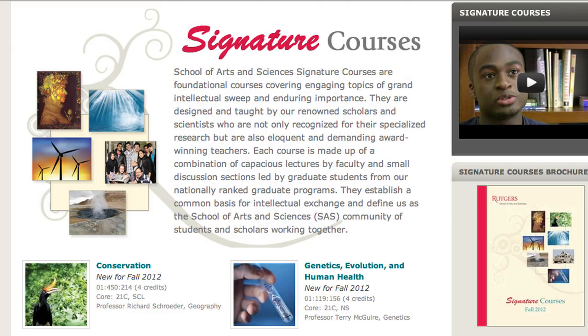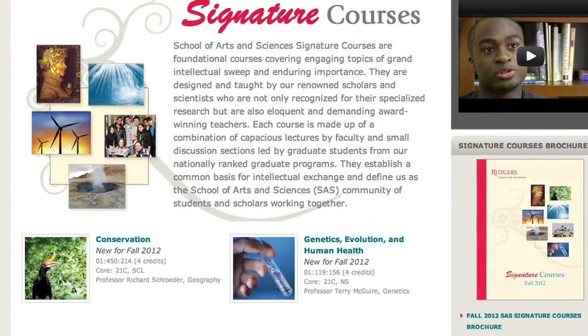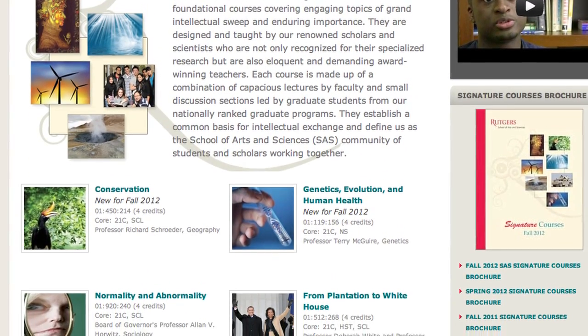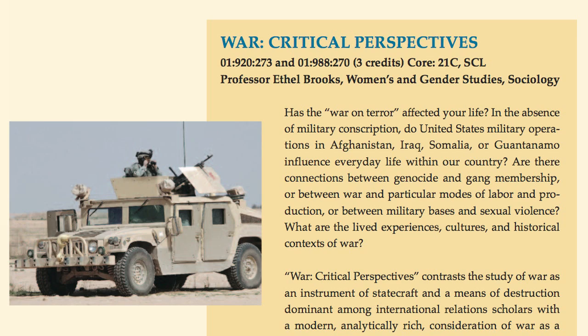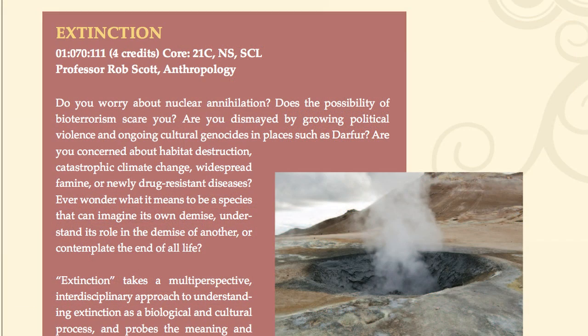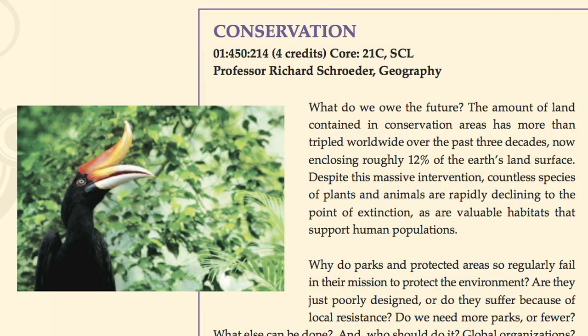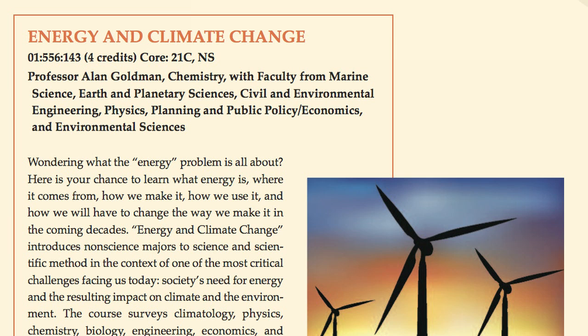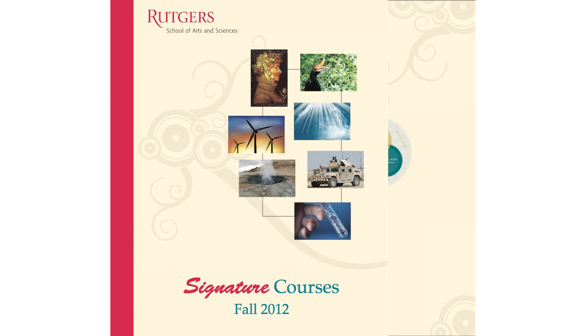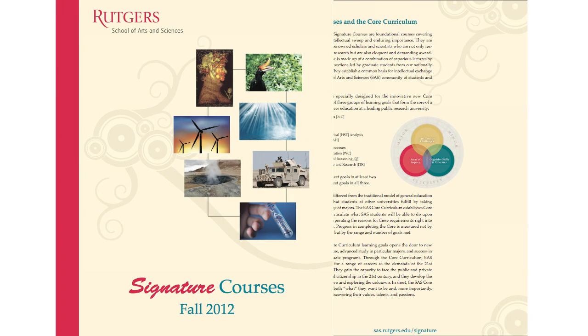Finally, be sure to consider registering for a signature course. School of Arts and Sciences signature courses are foundational courses that cover a wide range of topics. All SAS signature courses meet goals in at least 2 of the 3 SAS core curriculum groups, and some meet goals in all 3. You can view more information about the signature courses in the booklet in your Start A folder, or by visiting